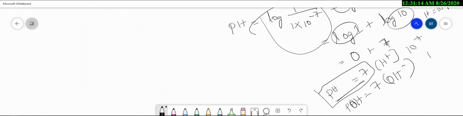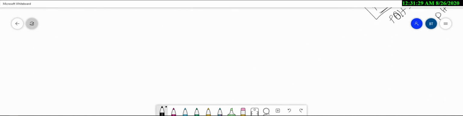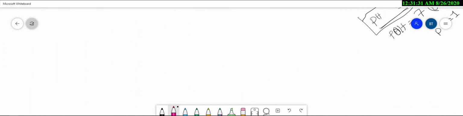Okay. So for example, if the pH value is 1, how will you note it down? 10 power minus 7 means 7. If it is 1, it will be 10 power minus 1 M. Okay, so I will separately write it down here. If the pH value is equal to 1, it means a strong acid. So pH equal to 1 means it has 10 power minus 1 M hydrogen ion concentration.